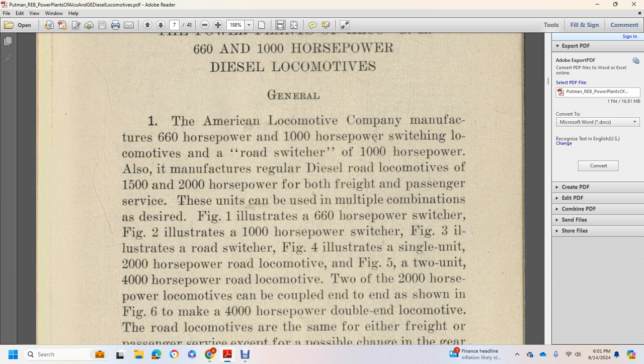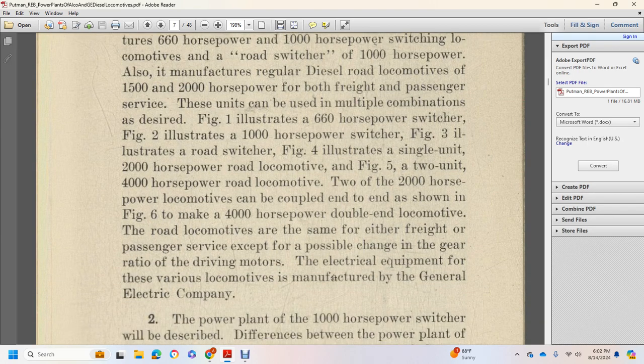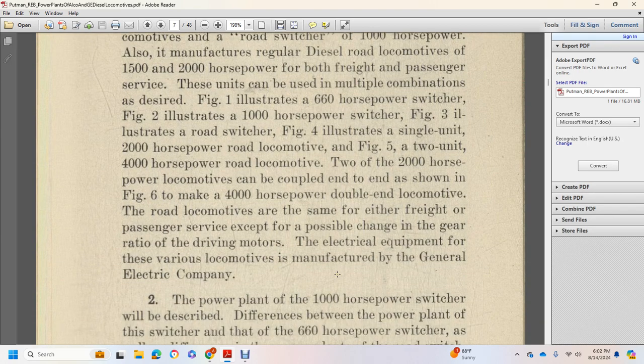Figure 1 illustrates a 660 horsepower switcher. Figure 2 illustrates a 1,000 horsepower switcher. Figure 3 illustrates a road switcher. Figure 4 illustrates a single unit 2,000 horsepower road locomotive. Figure 5, a 2 unit 4,000 horsepower road locomotive. Two of the 2,000 horsepower locomotives are coupled end to end, shown in Figure 6, to make one 4,000 horsepower